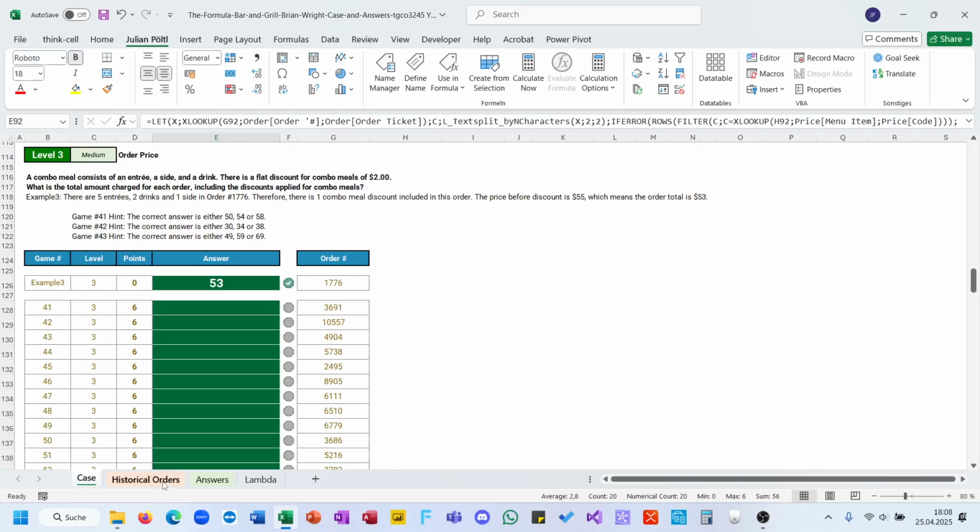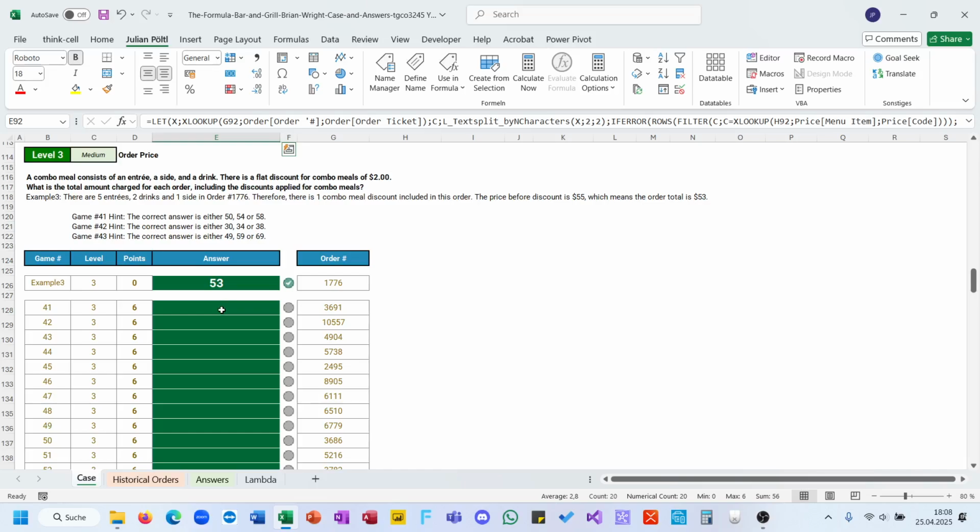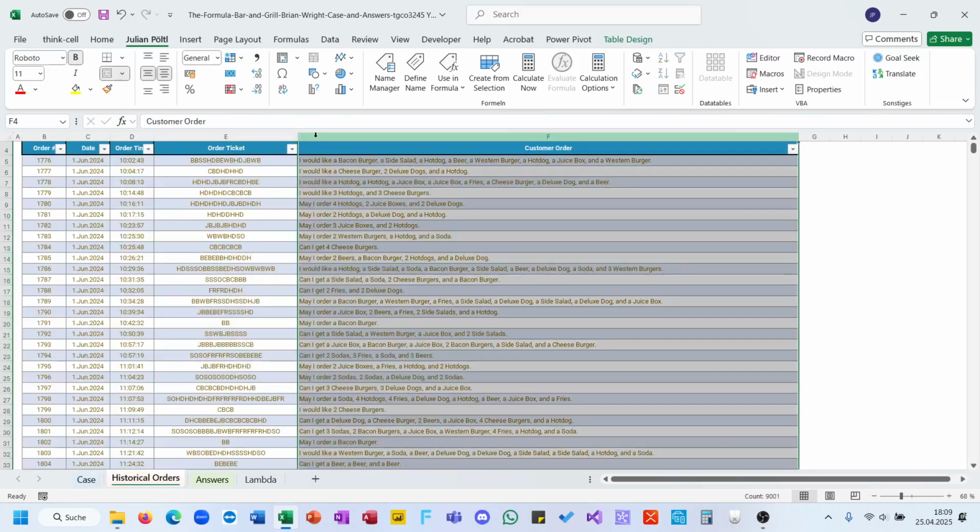Now, based on this code here, there are different prices in the price table. You sum this up and then there is a discount if there is a so-called combo meal. And the combo meal is done if all 3 items of a meal are in this order. And therefore I write a price